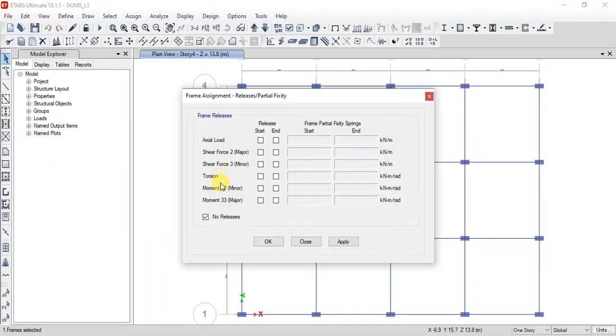As I told, the moment acts about our axis 3-3, so we need to make sure the starting and end points are released, so that the bending moment at those positions is 0. Checking these two, click apply and click OK.